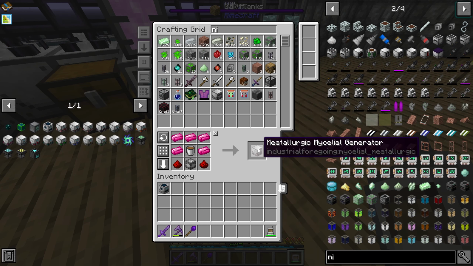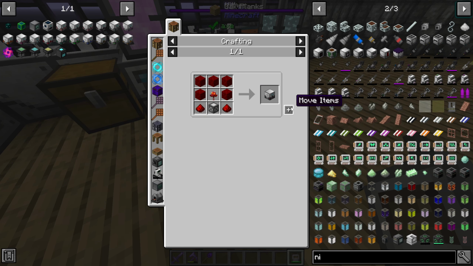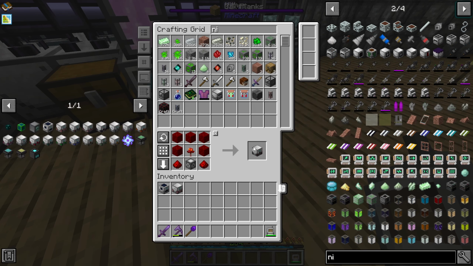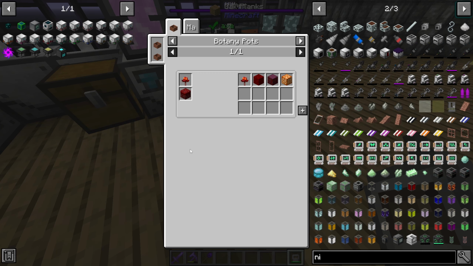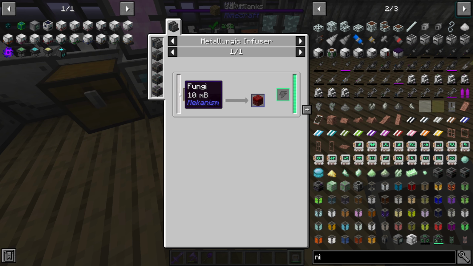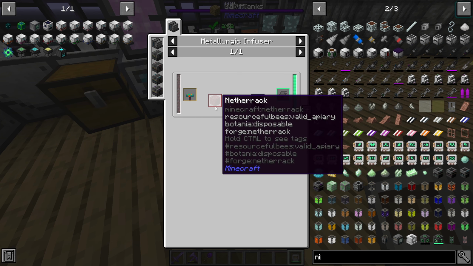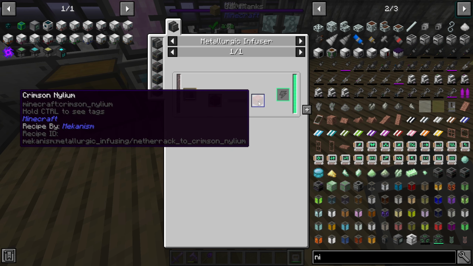So metallurgic one. There's our meat one. We're going to need a Crimson one. I've just gone ahead and grabbed myself this Crimson Fungus. The way I managed to get it, because there's no other way to get it other than growing it in a botany pot, is you make Crimson Nylium inside a metallurgic infuser using fungi, which you just put any type of mushroom in here. You turn netherrack into this, and then you just bone meal it, and eventually you will